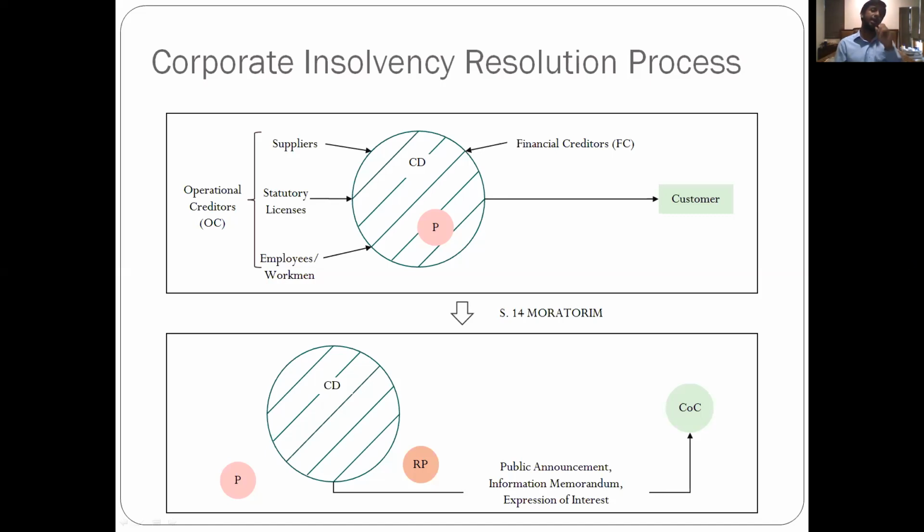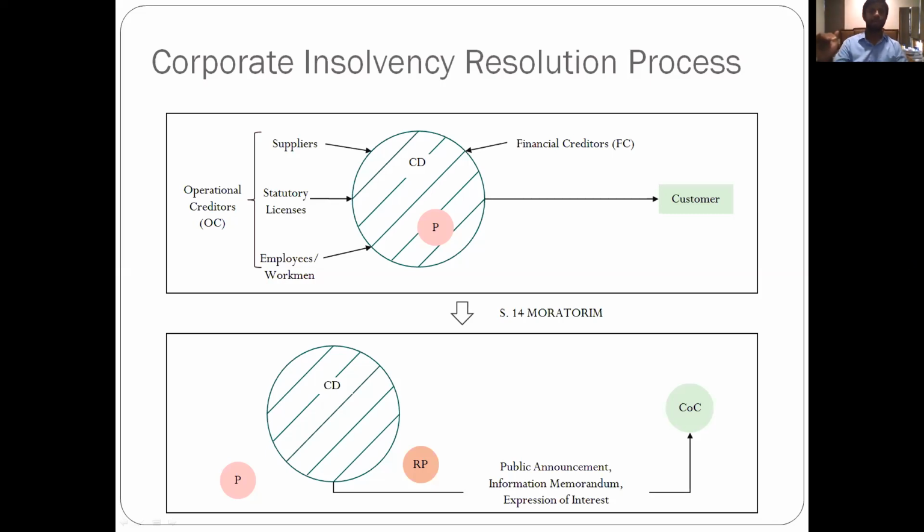Now, the third and the most important, which I find is increasingly taking a big turn in the sense that they're commanding a lot of attention in the market today, are the employees and workmen. The code actually differentiates between the two. The employees are actually the white collar workers, and the workmen are people who are defined so and who actually work. Your Industrial Disputes Act and your other acts also define workmen. So does the code, but a workman is essentially a blue collared worker. It's a rough distinction, not necessarily 100% accurate, but for our purposes it will suffice.